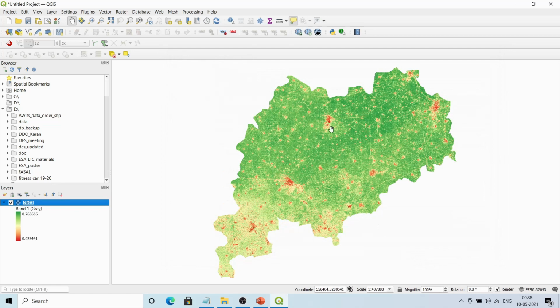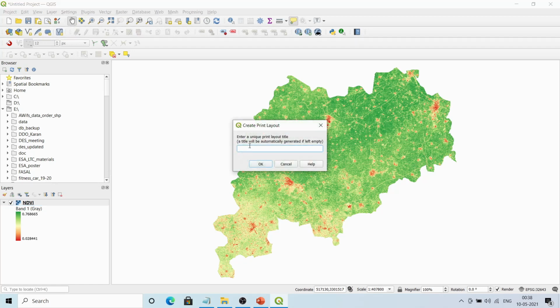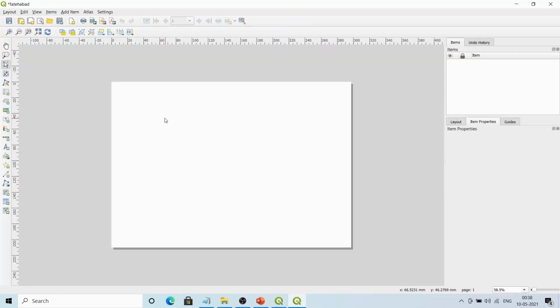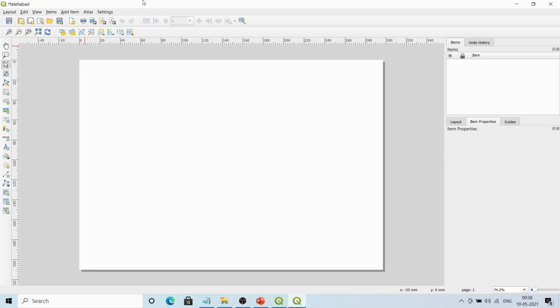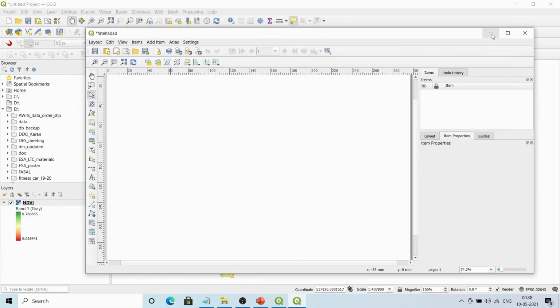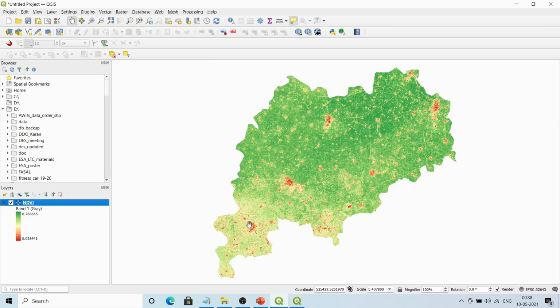So now for composing the map, what one has to do, there is one option called new print layout. Just click here, give any name. Let me give Fateha, any name. Okay, this is basically the print layout. So now, adding this